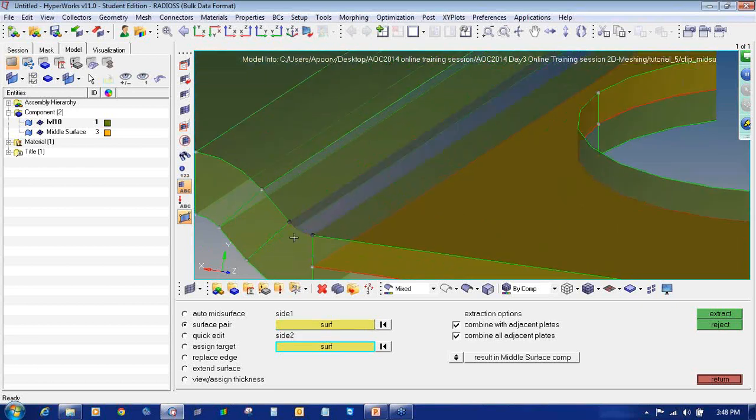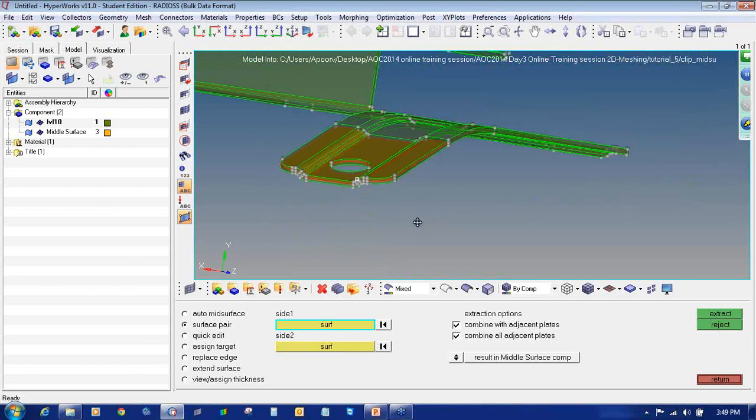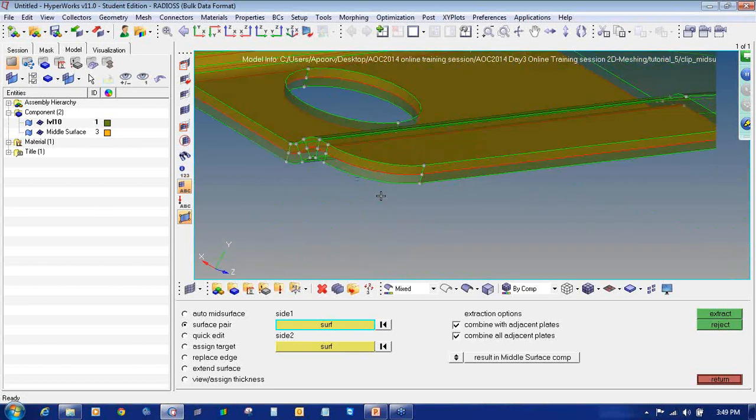You can see in this way you can create the mid surface. This is the middle surface which we can create to do the 2D meshing. Then we'll move to the next tutorial.